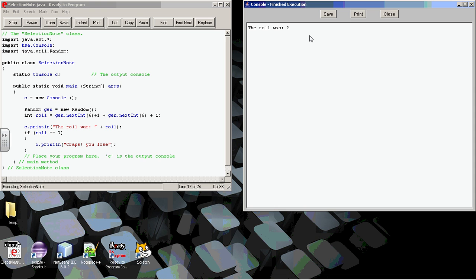It didn't print out "craps you lose." So if I wanted to put in the else statement then, and notice these are keywords, they turn black just like the int did, right? And I put my start and end braces in there, c.println, and